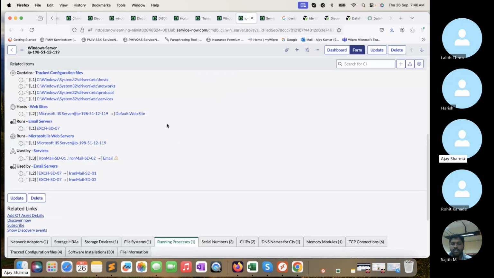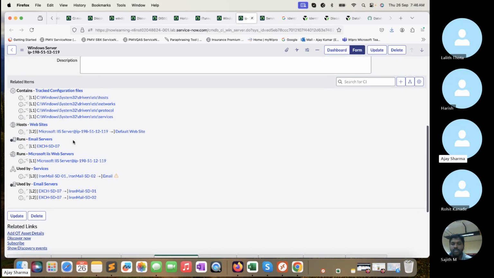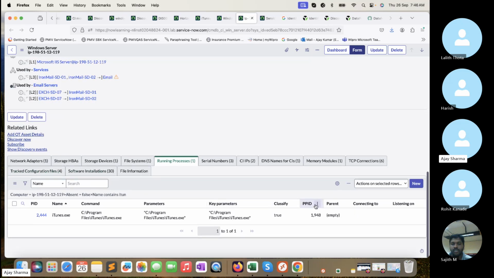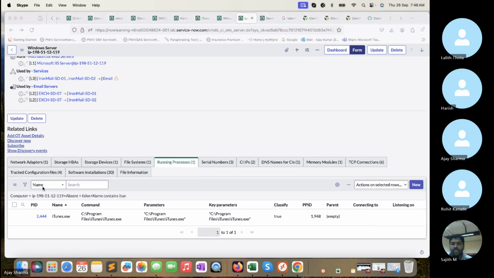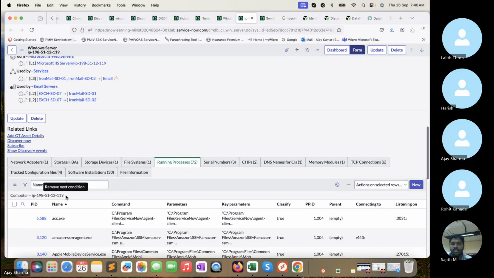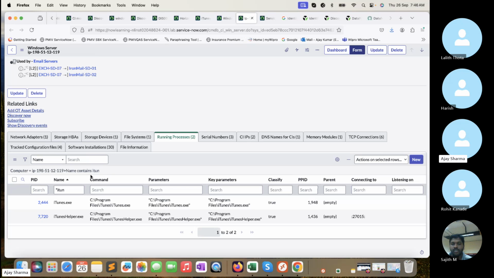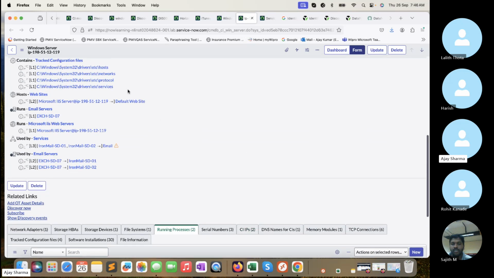If you see this time, it's not created the relationship itself, right? But still in the running processes, we are able to see iTunes. Let me remove this. And if I go here, iTunes, right? We are able to see that still that is there, classifies true,